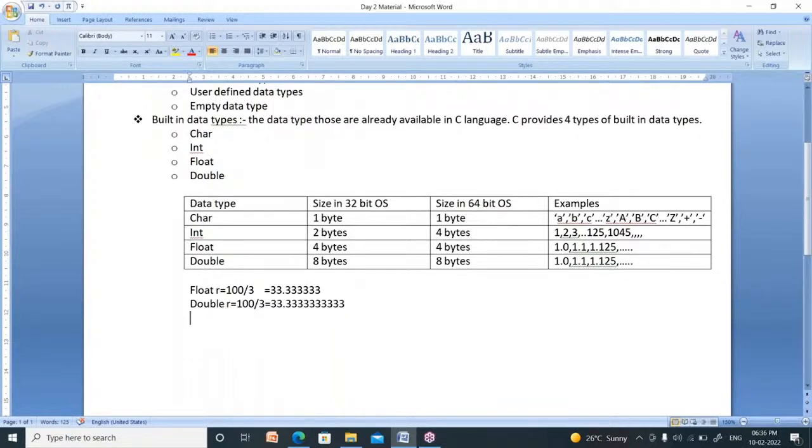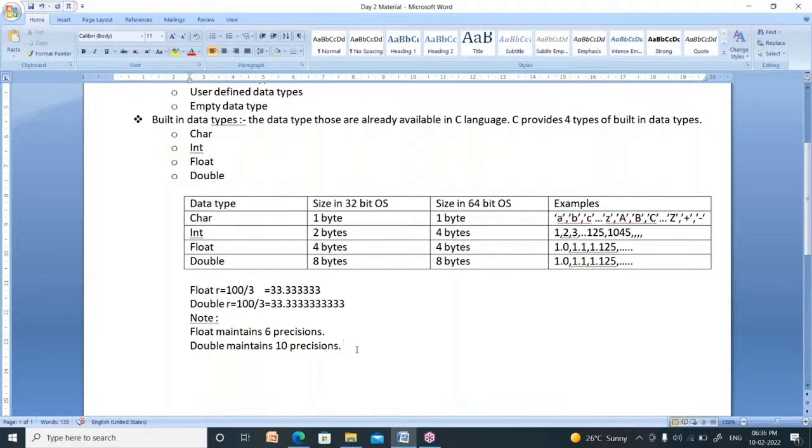Now I am giving a note. Float maintains how many precisions? 6 precisions. Whereas double maintains 10 precisions.